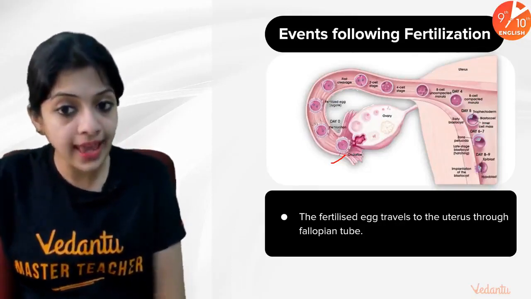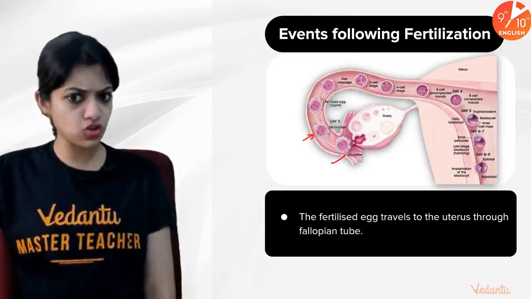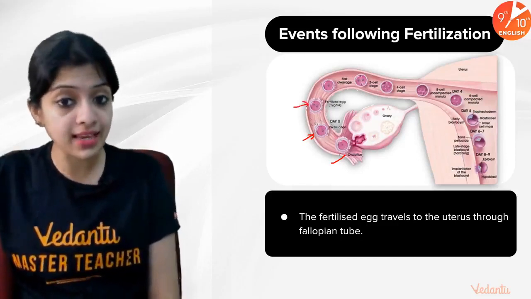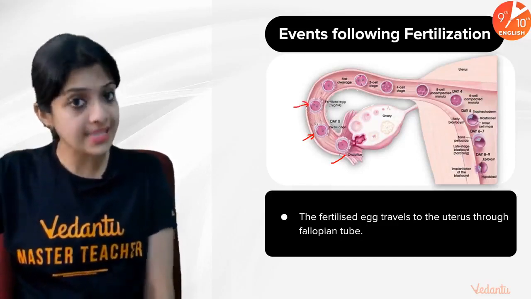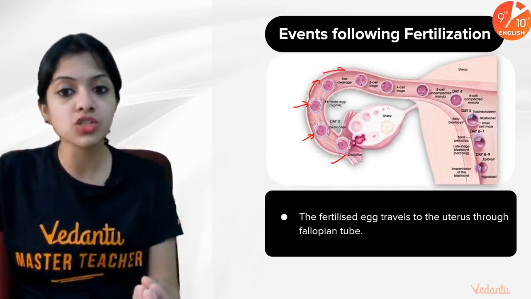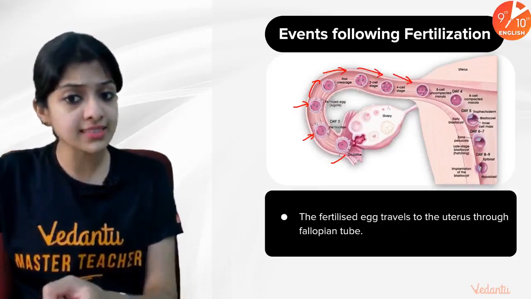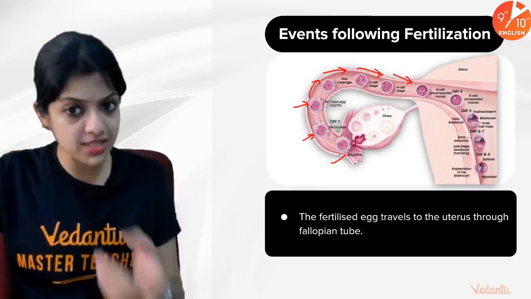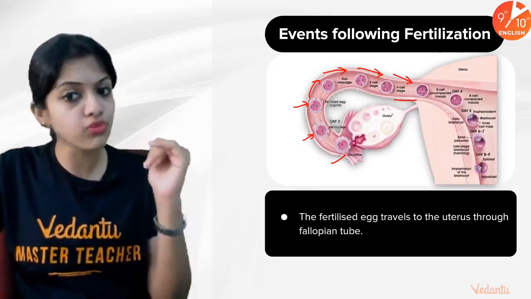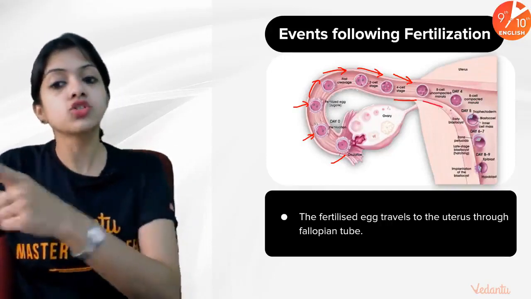And then day 0, wherein in the initial parts of the oviduct or the fallopian tube, fertilization is occurring, and then the fertilized egg, which we now call the zygote, is moving further and further this way towards the uterus. The zygote undergoes its first division and becomes 2 cells, 2 split to form 4 cells, and then that splits to form 8 cells, and so on and on and on.